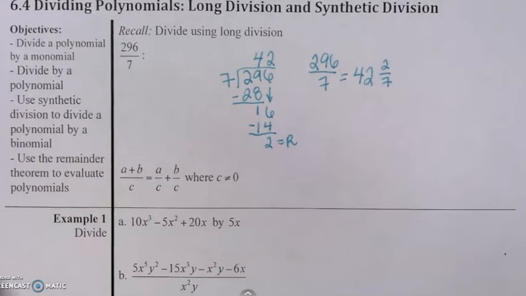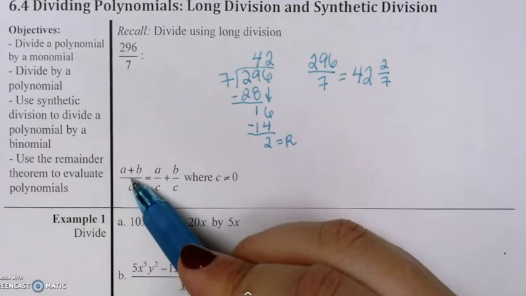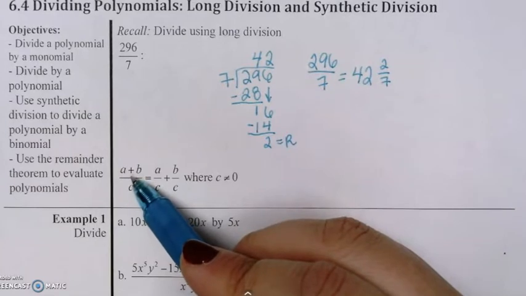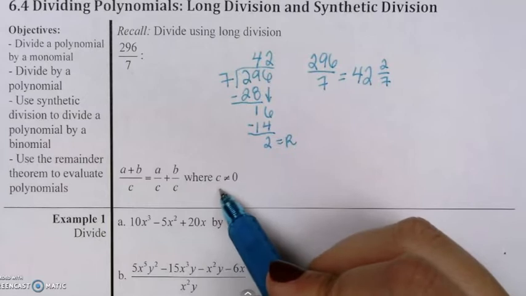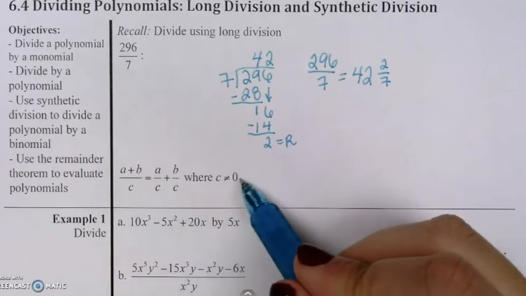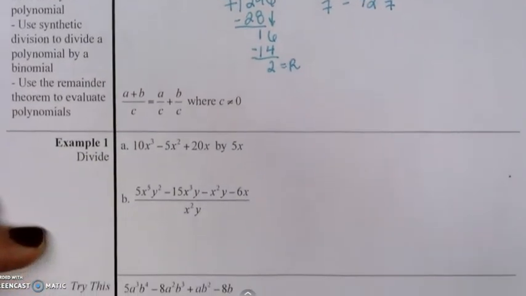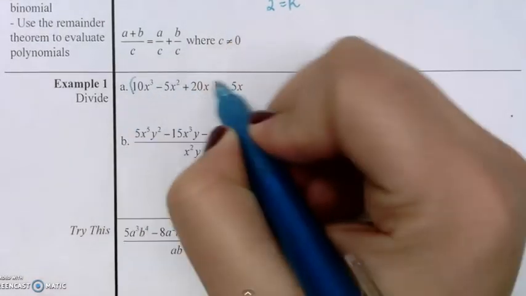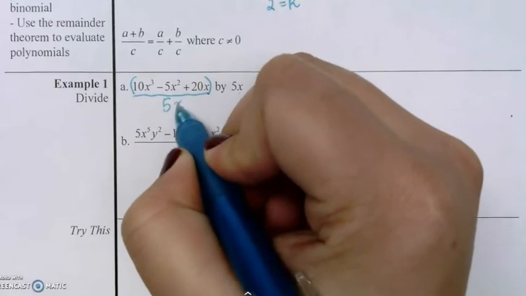Okay, we also want to recall that we can separate fractions just like we can add fractions with like denominators. If I have a fraction with addition or subtraction in the numerator, I can separate it into multiple fractions as long as the denominator is not 0. And that's what we're going to use in our first type of division, where we have a polynomial divided by a monomial. So in example 1, I have here a polynomial, and I'm dividing it by 5x, which is a